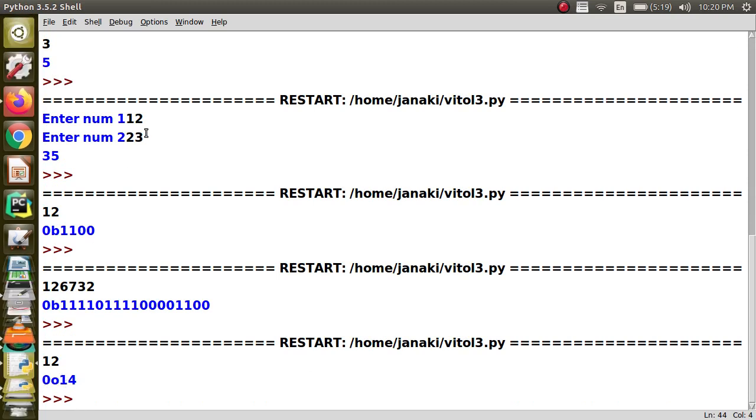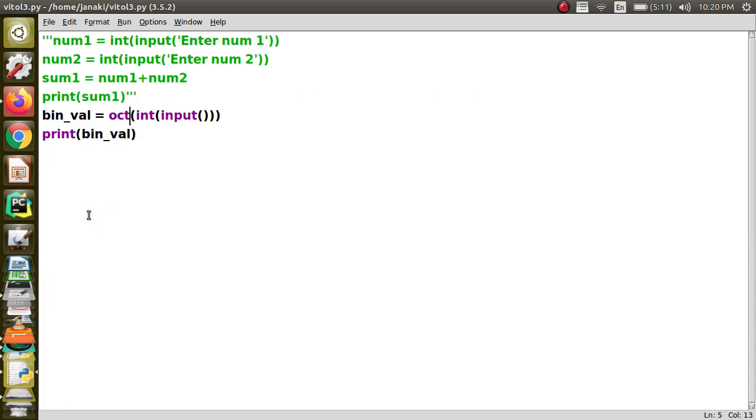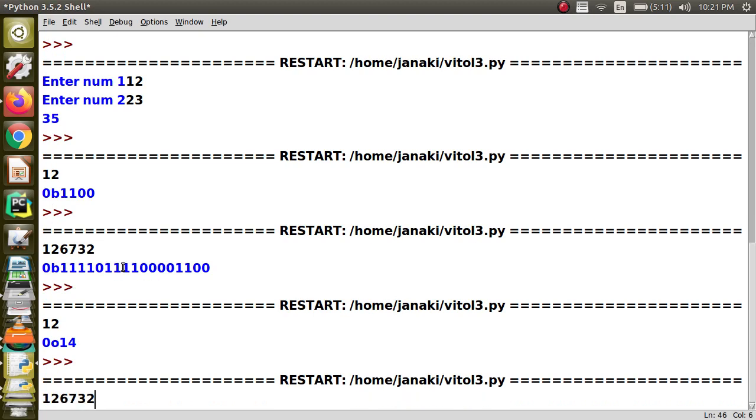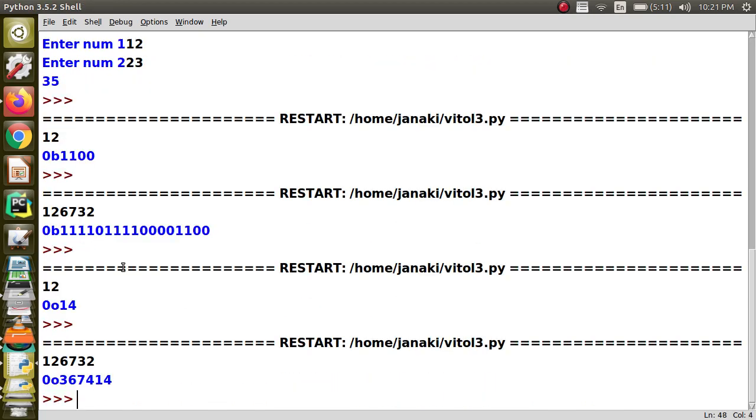And one more thing that you can know and easily use in Python IDLE: when you are executing the code, if you want to use the same input as the previous execution, you can click here and use it. For example, now I have executed the code. Now I want to use this input, so you can click here and press enter, and the same input will be taken.